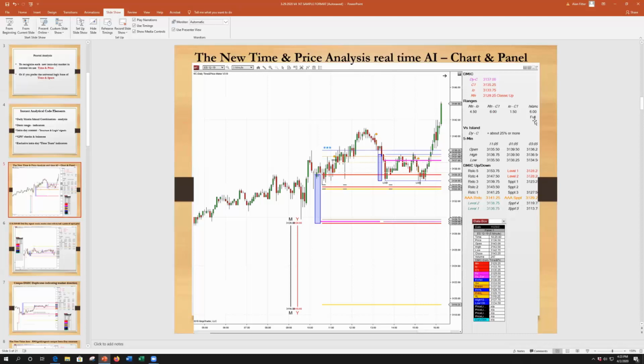Directly under ranges, we see that messages are flashed instantly, and today we see that it's a full combination, meaning the range of the combination is full, and we'll learn to see what that means. Under DMIC, we see the message classic up. This is a clear indicator, classic up and full, that this is an upside trending day. These key DMIC measurements are highlighted on the chart by rectangle 1. That's this rectangle here.